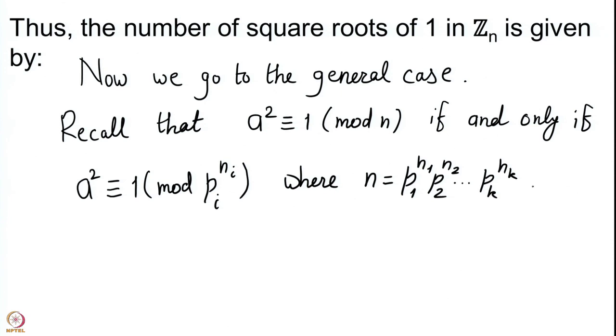So, we start with this prime factorization to begin with. To rephrase the statement, we would begin with this, then we have that a squared is congruent to 1 mod n if and only if a squared is congruent to 1 mod p_i to the power n_i holds. Now, the condition that a squared is congruent to 1 mod p_i^n_i can be written in terms of linear congruences. This is because we have solved the cases a squared congruent to 1 mod p_i^n_i. So, let me just summarize these cases in the next slide for you in the following way.